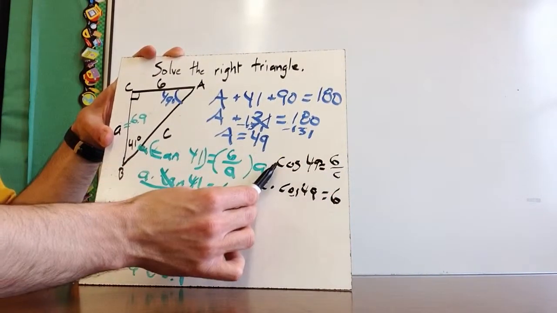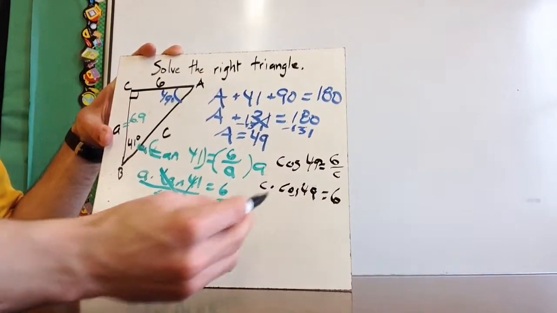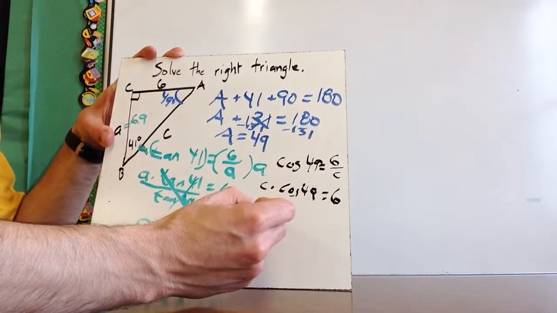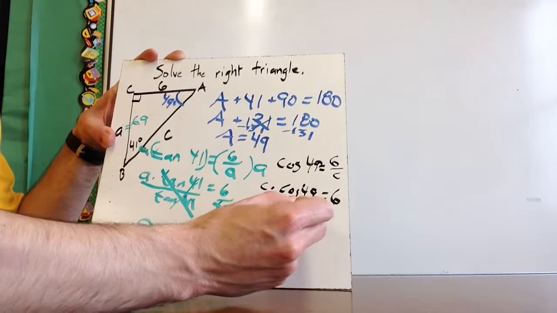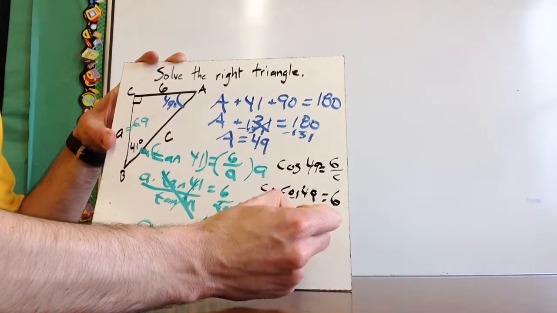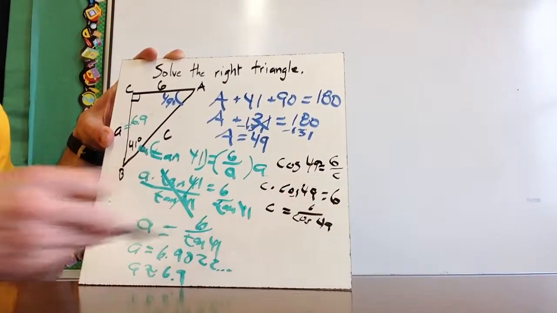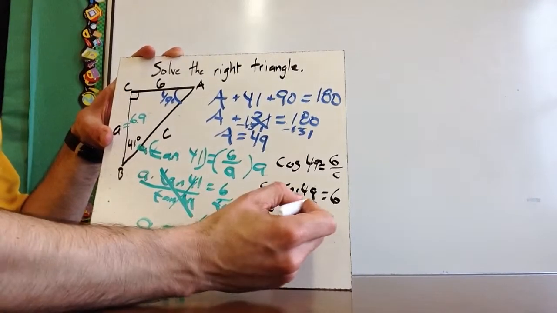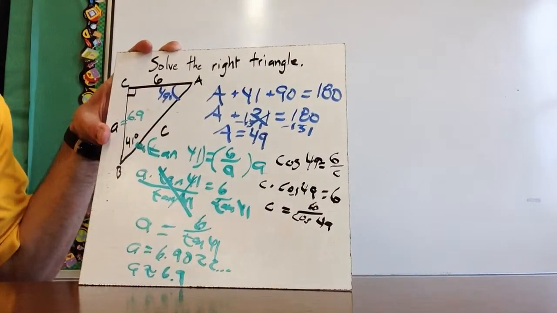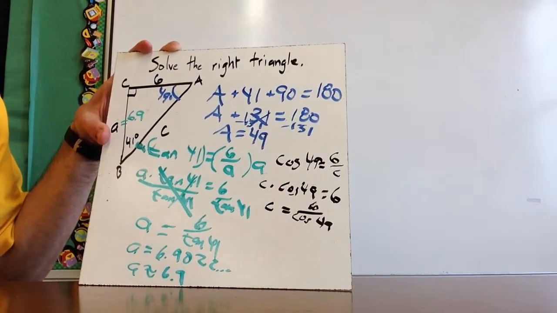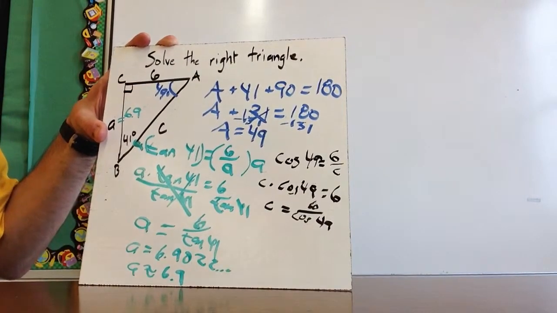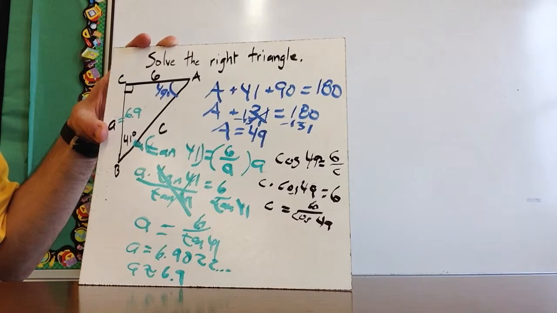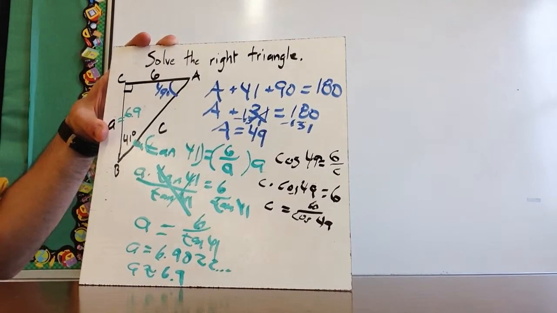The C's will cancel out, and then the C is over here. And then I'm going to divide both sides by the cosine of 49, so I get C equals 6 over the cosine of 49. Sorry, that's a 6. All right, now what I'm going to do is say 6 divided by, and then I have to type into the calculator cosine of 49, and this is going to equal